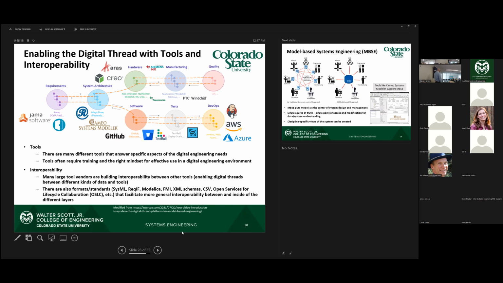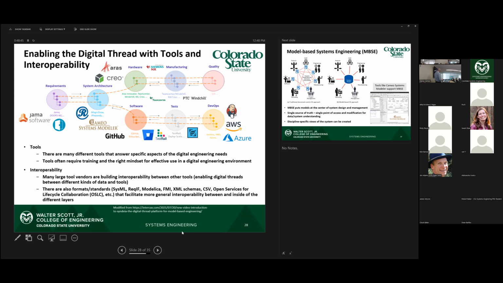Tools often require training the right mindset for effective use. So in some cases, right now I'm focusing not on things like data visualization or virtual reality. Those are ways we have this interoperability with these tools. You can get different perspectives and different ways to interact with traditional approaches to doing some of these engineering activities. So in some cases, it might require you to learn some new tools or understand, or at least interpret, what you're seeing from these tools.